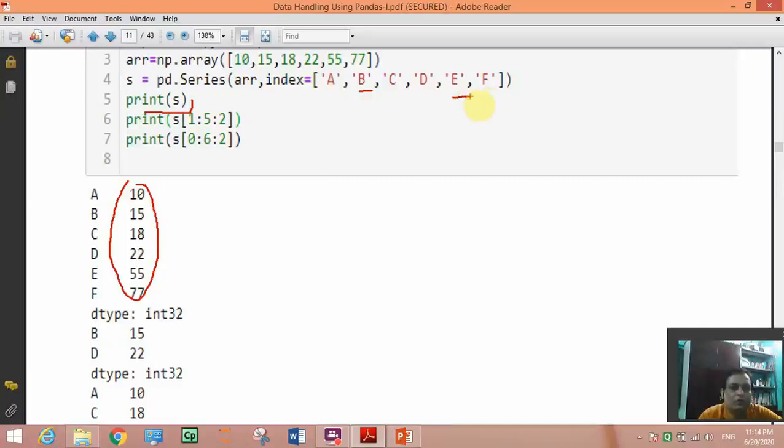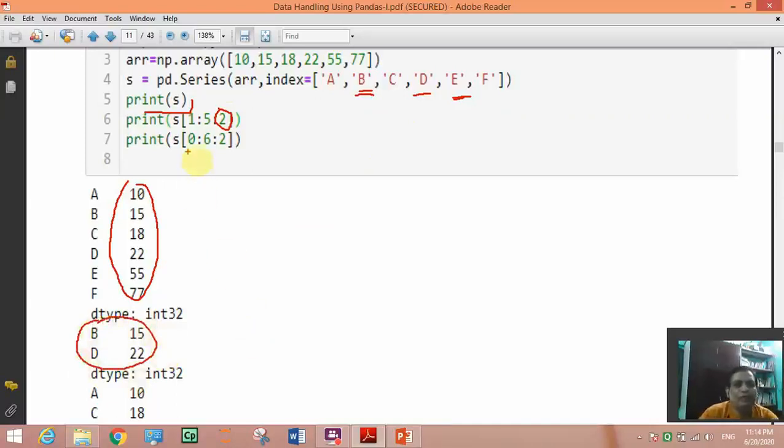So it will go up to this, and the step is 2. So it will print alternate alphabets: B, then it will leave C, then it will print D, then it will leave E, and here its limit is crossing, so it will not go ahead. So only B and D elements are printed in output.